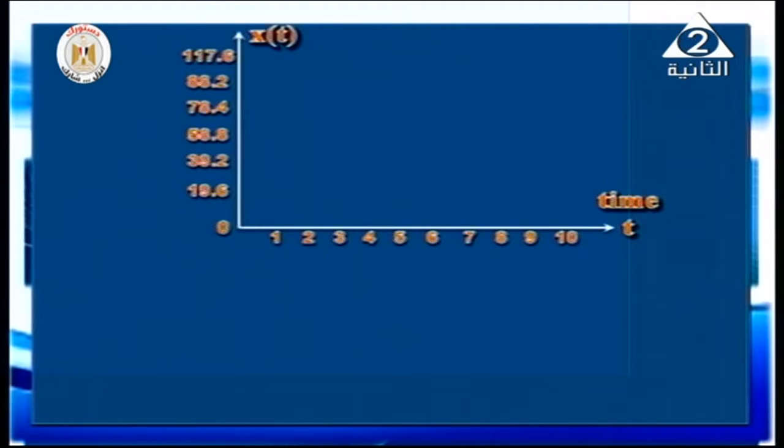By using the equation we graph the position-time of the stone. When t equals 2, x(t) equals 78.4. When t equals 6, x equals 117.6. When t equals 8, also